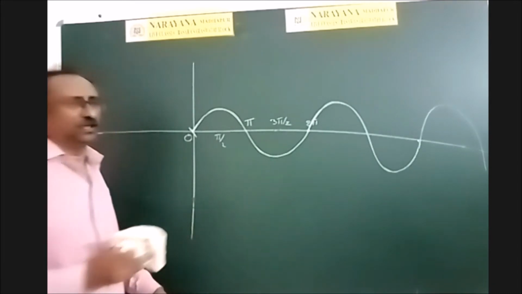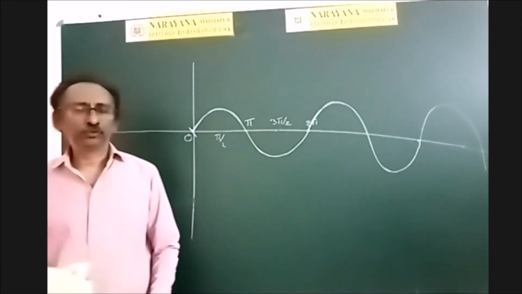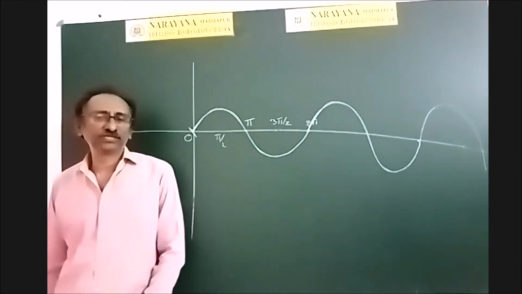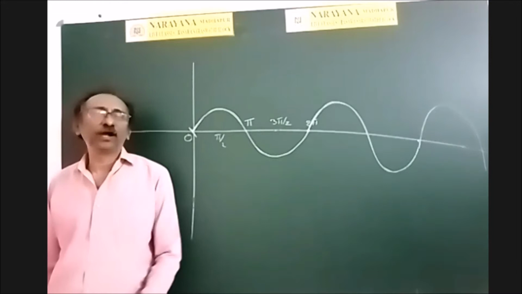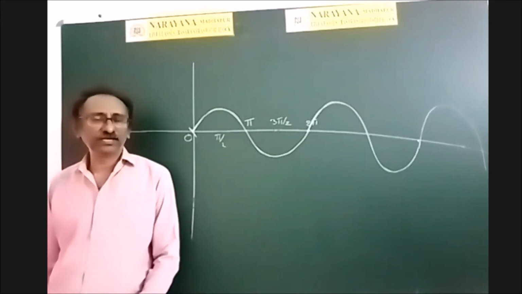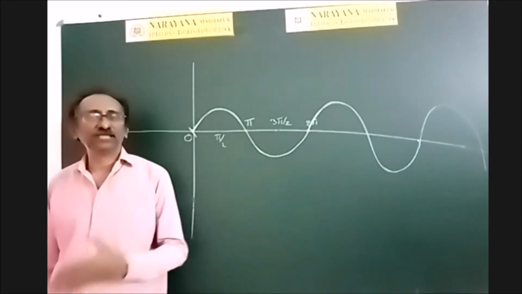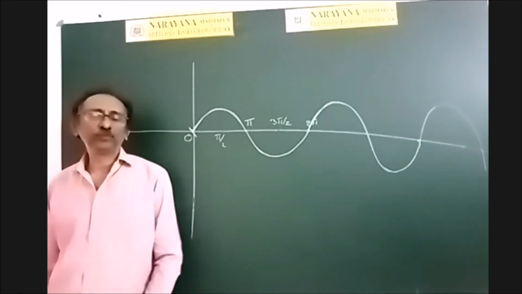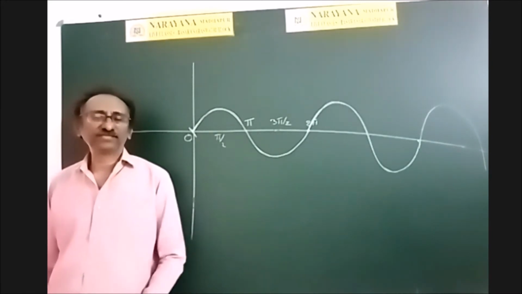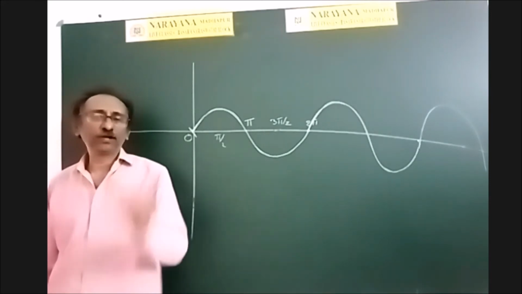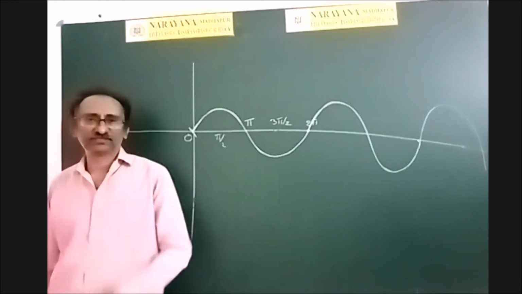So what is meant by a periodic function? Suppose consider a weekly magazine. I think Andhra Bhumi Weekly, Swati, like that. They are weekly magazines, so they are called periodicals. Why are they called periodicals? For every 7 days a new magazine will come. So that's why it is called a periodical. The period of that weekly magazine is 7 days.